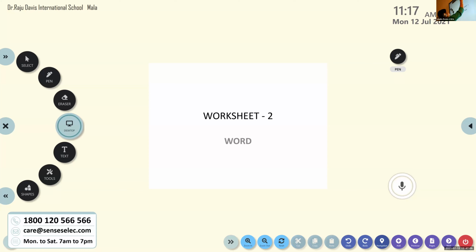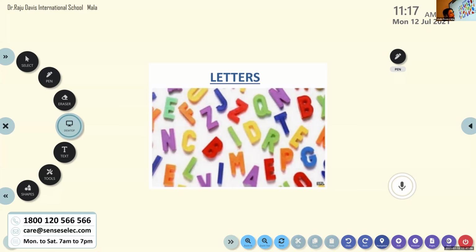I hope all of you are ready with it. You know the rules, how to learn the spelling of the words. I've already taught you. These are the letters. We know when the letters are joined together, we get words. So we have to arrange the letters in the proper order so that we get a meaningful word. That is what we are doing in this exercise also. When the letters are not arranged in the proper order, we may not get a proper word. Have you understood? That is what this exercise, exercise B, tells us.